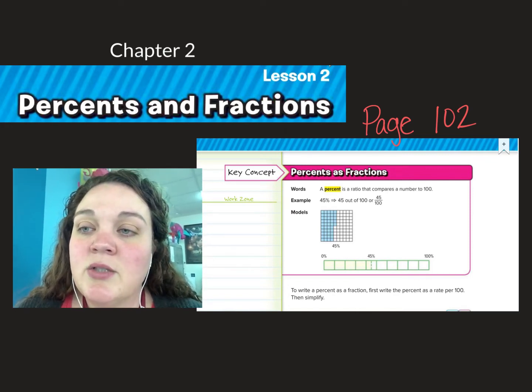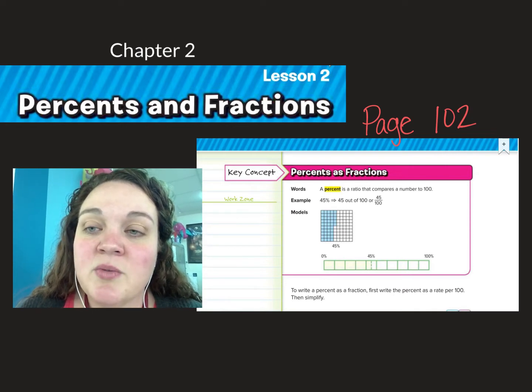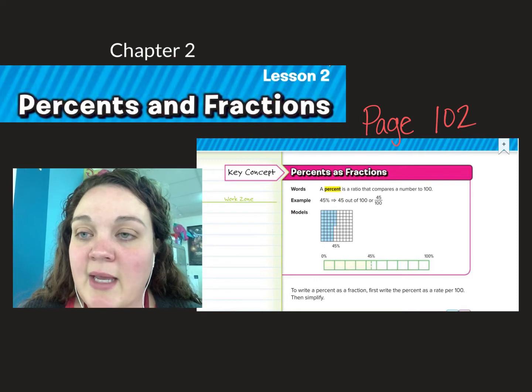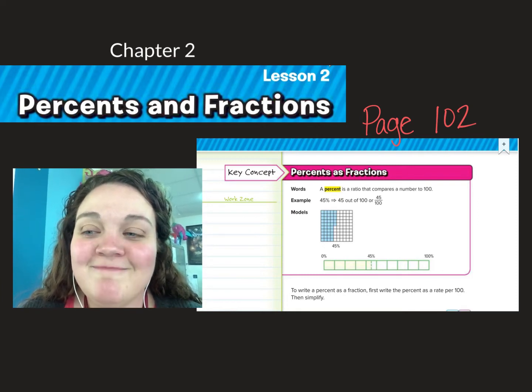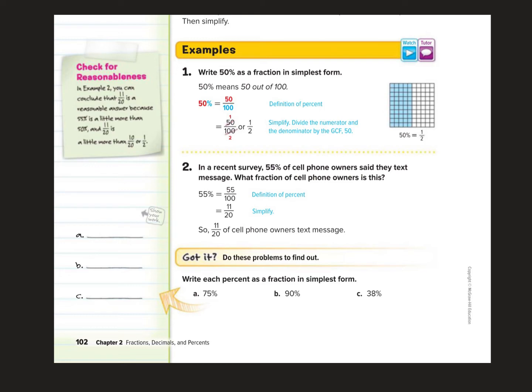So to write a percent as a fraction, first we're going to write the percent as a rate per 100, then simplify. So let's jump right in. Our first example says we need to write 50% as a fraction in simplest form. 50% means 50 out of 100, so I would just write 50 over 100. That's just our definition of percent, and that's why we can do it. Then I'm going to simplify. I could divide both by 50 and I would get 1 over 2,